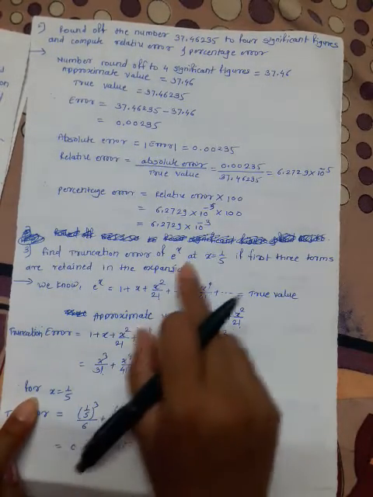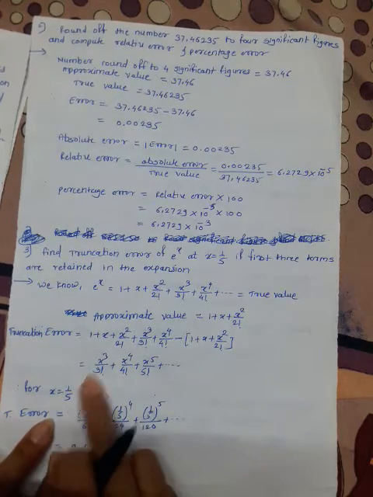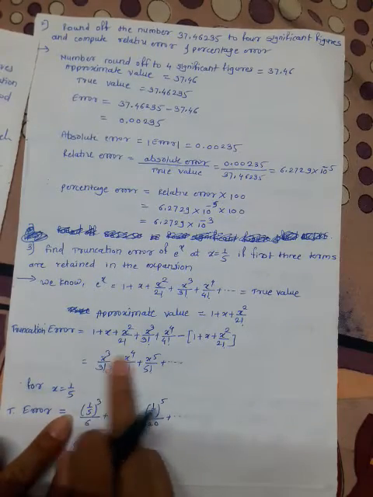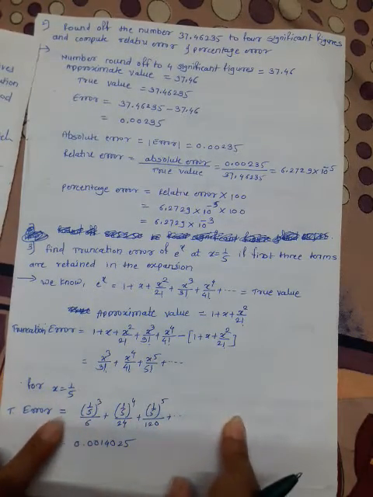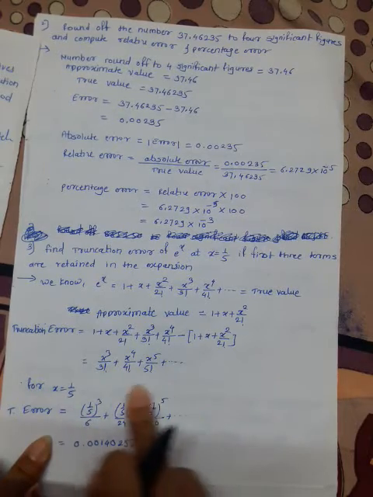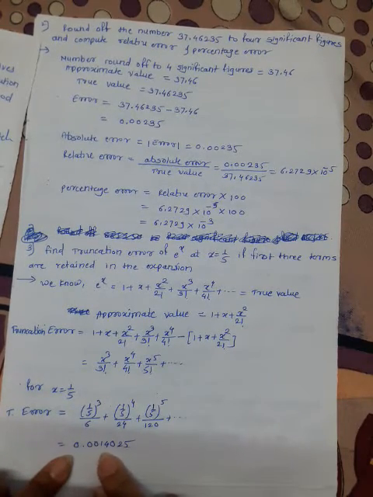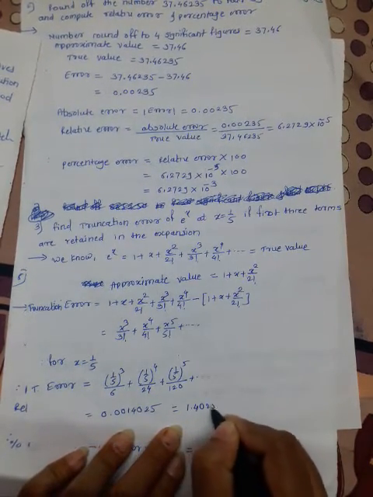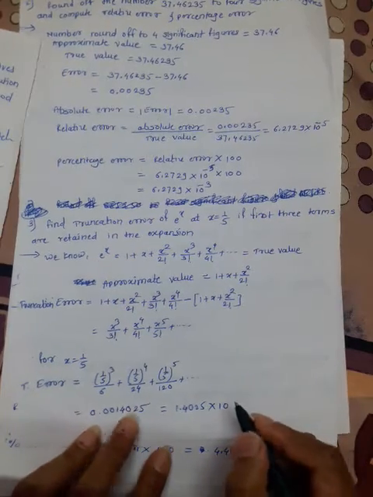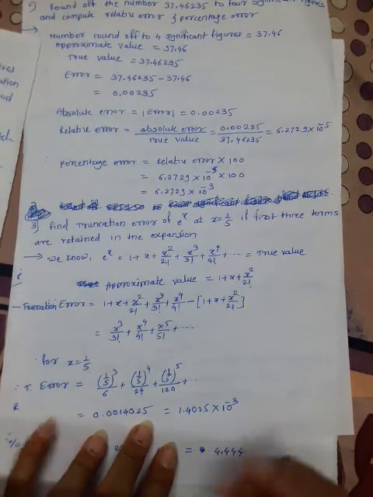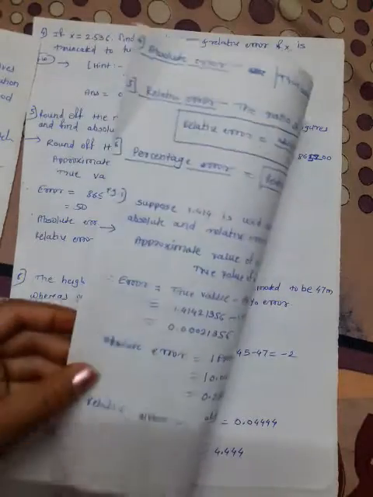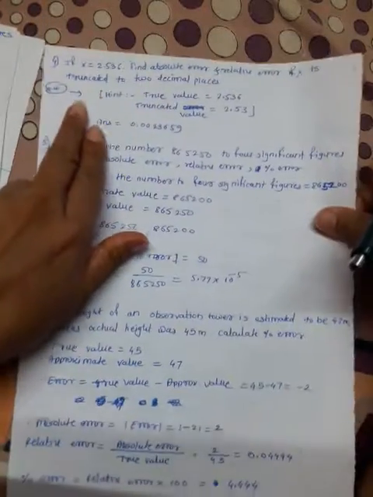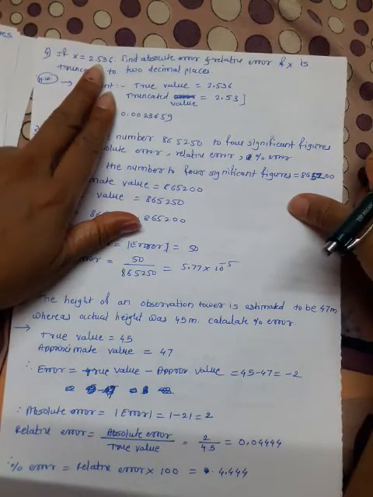Now we are asked for a particular point, that's why I put x equal to 1 upon 5 in this error. We get the truncation error equal to 1 upon 5 cube, putting x equal to 1 upon 5 everywhere, plus and so on. Calculate on the calculator. Only the first three terms contribute, that's why the answer is 0.0014025. You can write it as 1.4025 into 10 raised to minus 3. Now next, if x is equal to 2.53